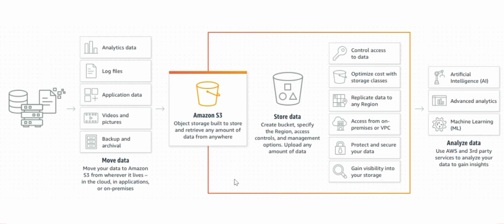Let me explain you in terms of a diagram. So S3, it can store files in buckets. You see this, a diagram of a bucket. And what type of files can you store? Can you store a Word file? Yes. Can you store only Excels? No, you can store Excel. Practically, you can store anything, any file or any object you can store here.